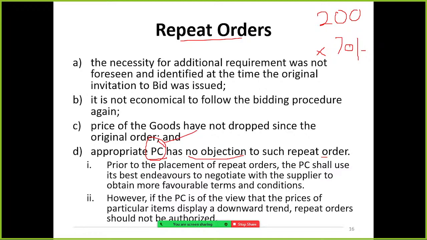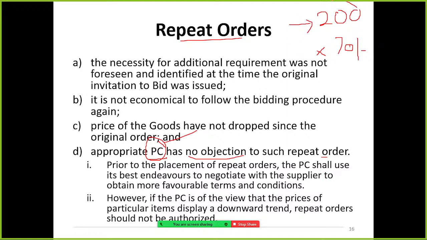The procurement committee is the most powerful committee in the procurement process. Prior to placement of repeat orders, the procurement committee shall use its best endeavor to negotiate with the supplier to obtain more favorable terms and conditions. So when they do the repeat order, they can have some sort of negotiation.